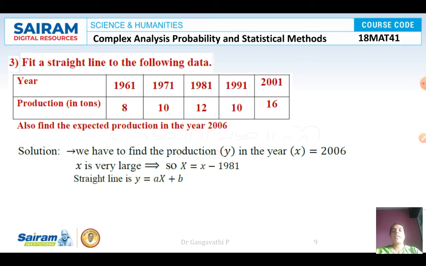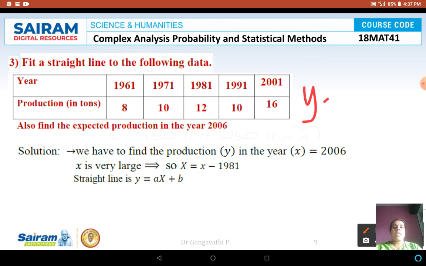So we have to fit the data for this. We have to fit a straight line equation for this data. The straight line is given in the problem itself, so we have to fit the straight line equation. So consider the equation of a straight line. Let production be the variable y, and year may be the x, because our equation of a straight line is y is equal to ax plus b. So here year let it be x, and these can be the values of y. So we can assign those things with this.